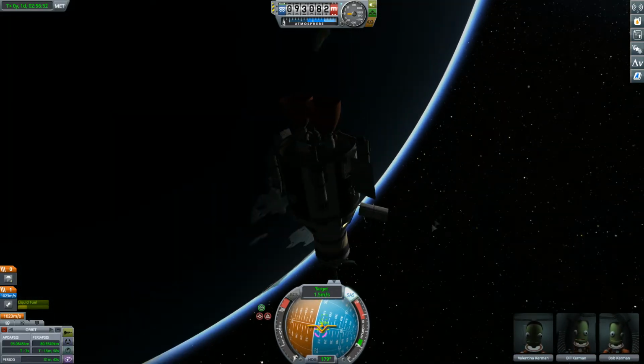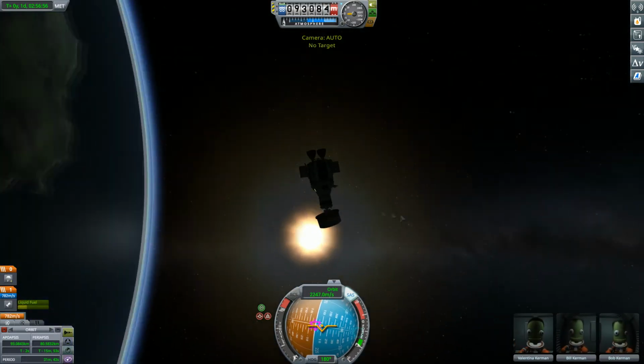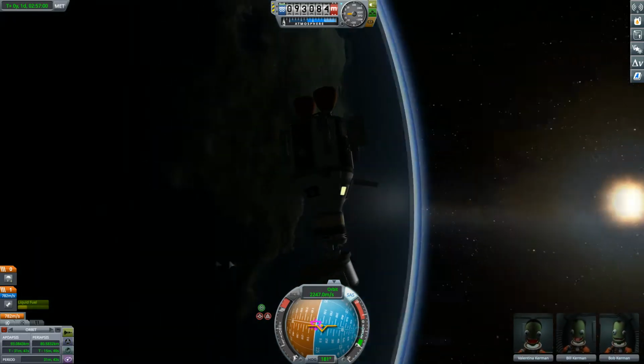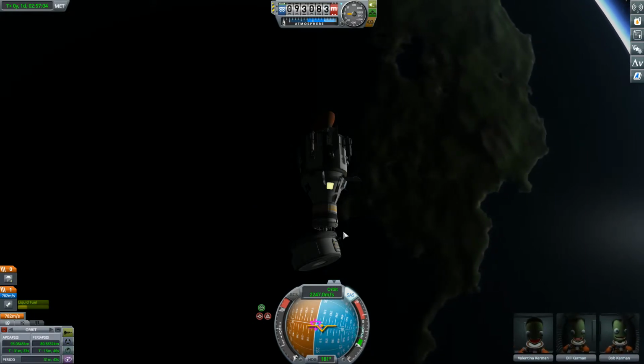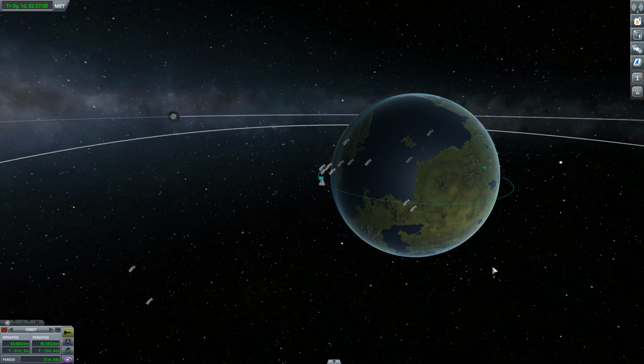1.5 meters a second. Can we get the grip on? There we go. So we have Sarah's pod that we rescued her from. Now we just basically need to plot an entry into deorbit right around the Kerbal Space Center, and let's see